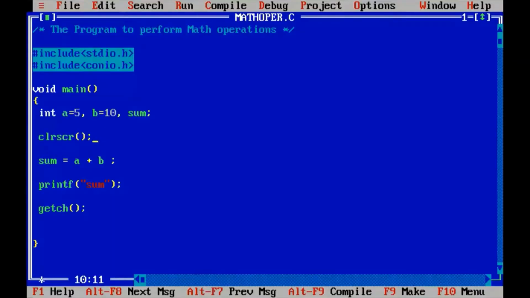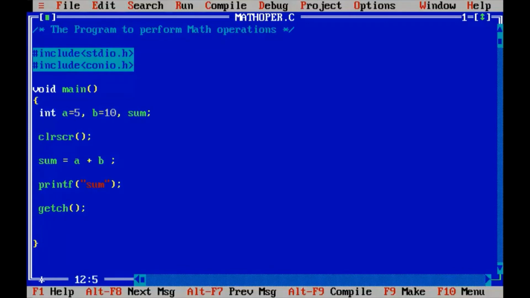Ctrl F9. So we have just got the word sum. Why? Because I have placed the word sum inside the printf function. The printf function will print whatever it has. I've just put the word sum inside the printf function, so I got the same word out. Why did this happen? I wanted the addition, right? I wanted the content of the variable, but I got only the word sum here.